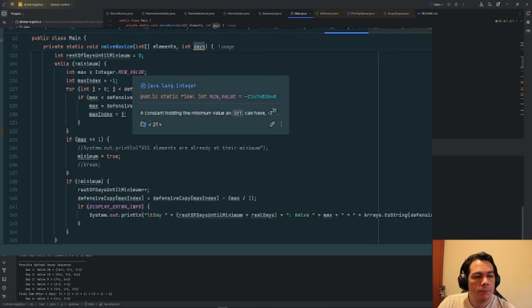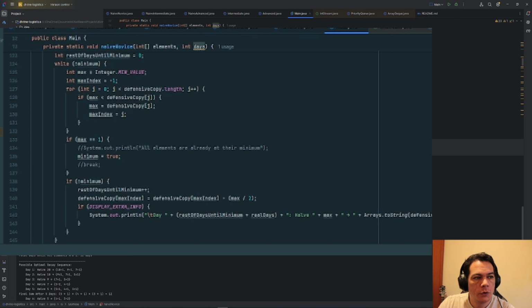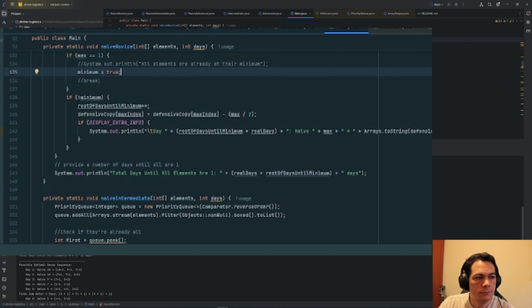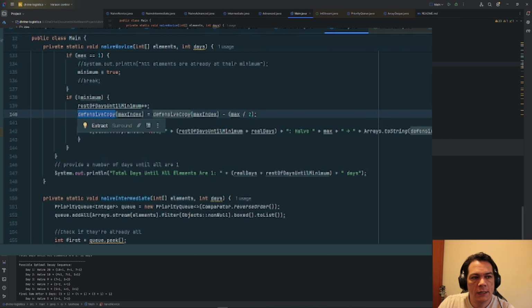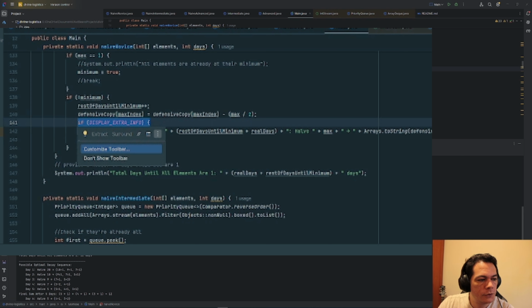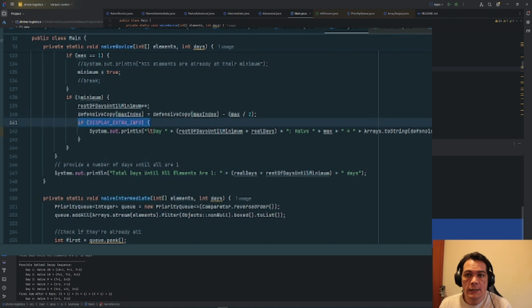Okay, you find the maximum, going through all the elements, you check which one is the maximum, you check if you have reached this undecayable state, and if you haven't, then you say, okay, we can make the elements decay 1 more day. We do the same, we make the element decay, and this is just to display this extra info. This extra info is the one that is after the sum. They didn't tell me that I needed to give them which elements decayed each day until I reached the minimum. So I put it